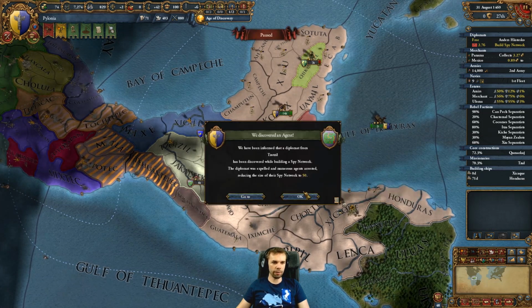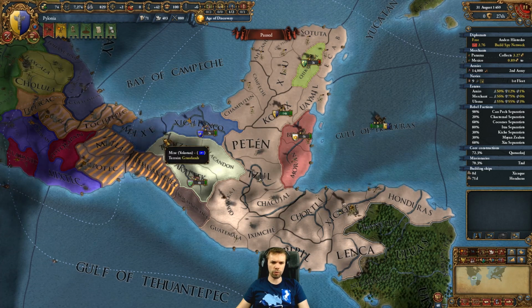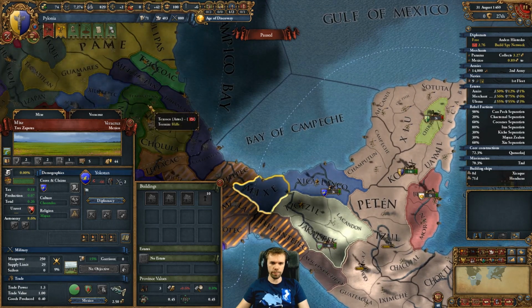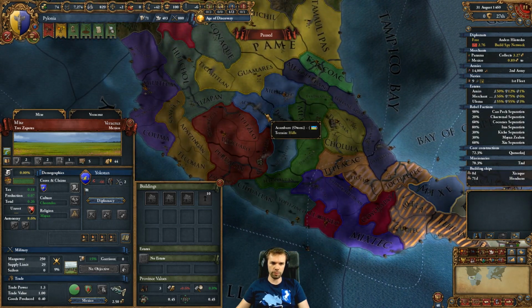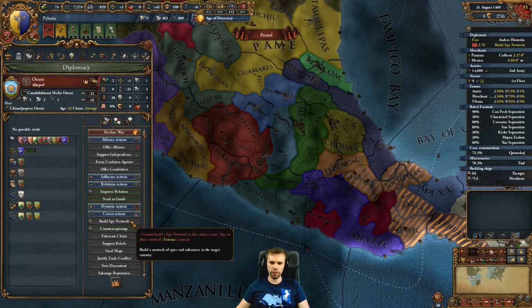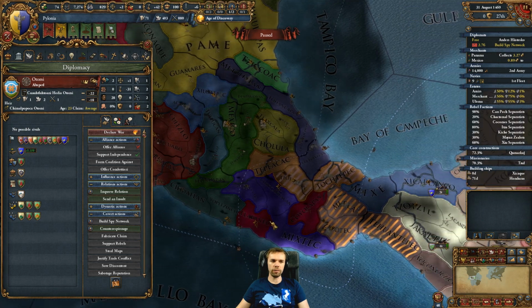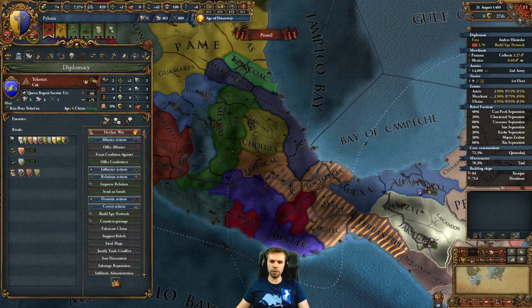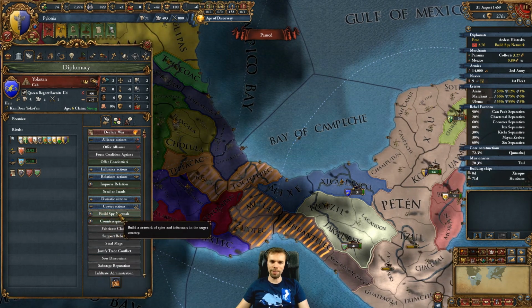So grab that claim. Why am I no longer spying on your overlord? I do need another claim on this place, right? Where are these people again? Otomi. Oh, because they got vassalized themselves. That's what happened there. And you're no longer a vassal of anybody, so I can actually spy on yourself. Well, you have no friends? I mean...